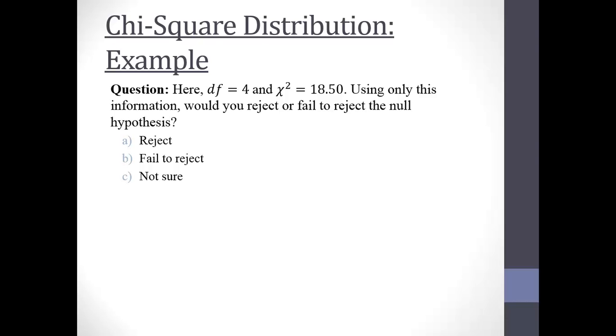For our example, remember our degrees of freedom was 4 and our chi-squared statistic was 18.5. So using only this information, would you expect to reject the null hypothesis, fail to reject, or are we not sure? How many would go with A, we'd reject the null hypothesis? A few hands. How many want to fail to reject the null hypothesis? Anybody not sure? Okay, well, the few of you who voted are correct. We're expecting that we'll reject the null hypothesis